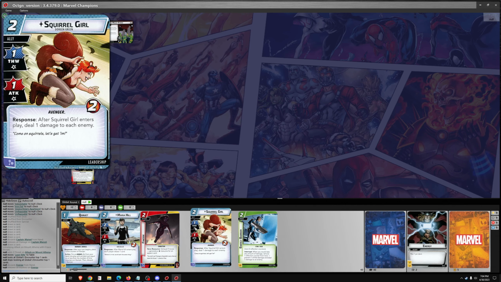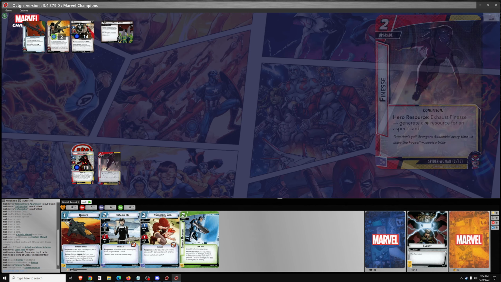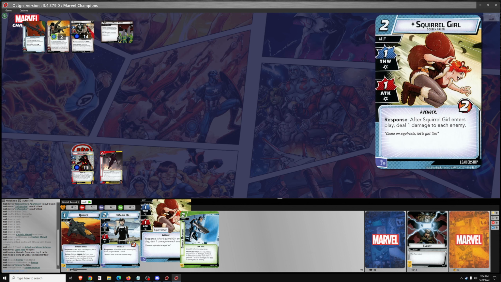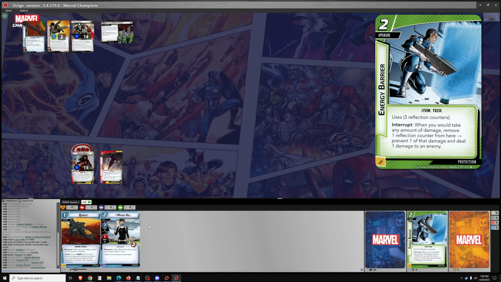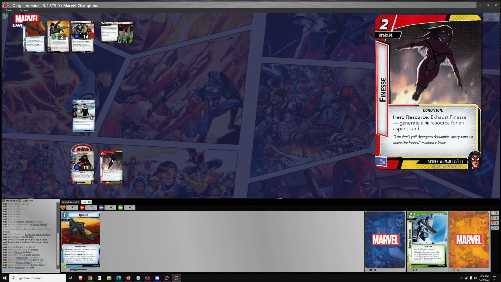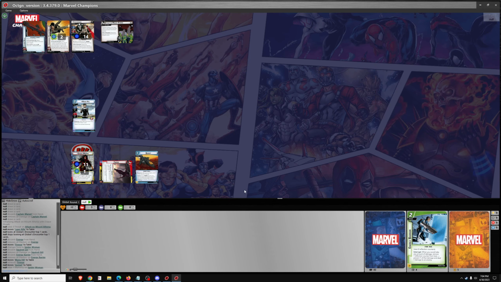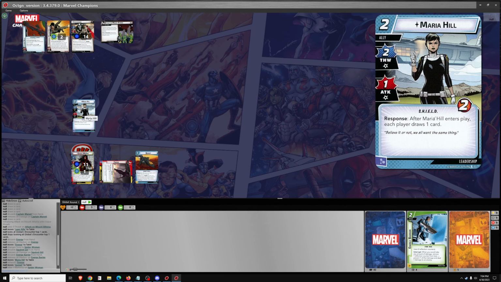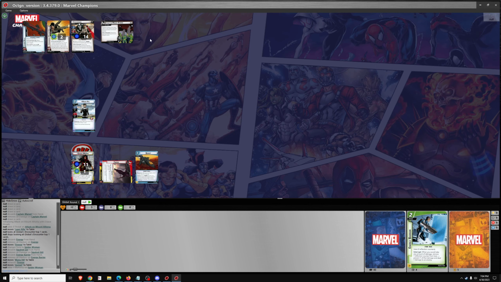So we've got energy for finesse. And I think we'll get out Maria Hill here. Squirrel Girl, energy barrier for Maria Hill, and use finesse to get out Quinjet. The other option was to get out energy barrier instead of Maria Hill and then Quinjet as well, and I could have buffed up Spider-Woman by an additional 1. But I don't have any side schemes to clear immediately, so...